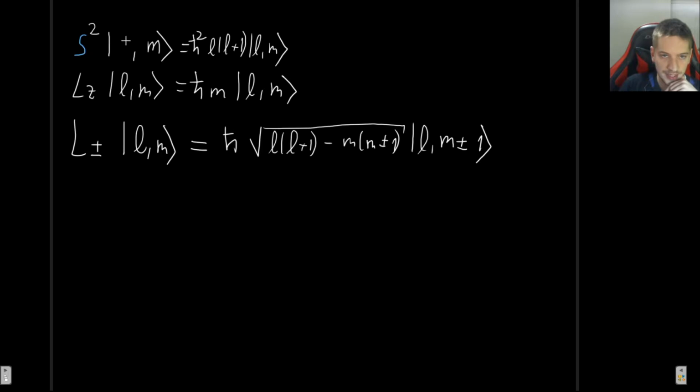So this is going to be small s, and all of that is just going to be s, so s plus 1, s, and the same for all of this. So this is going to be Sz, S plus or minus, and then here we have